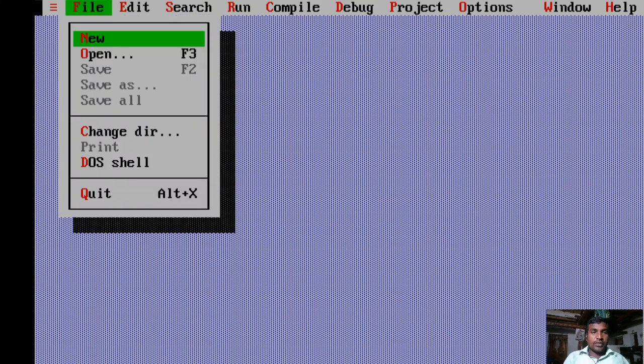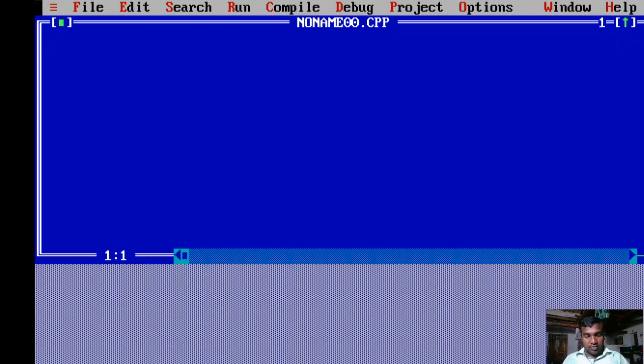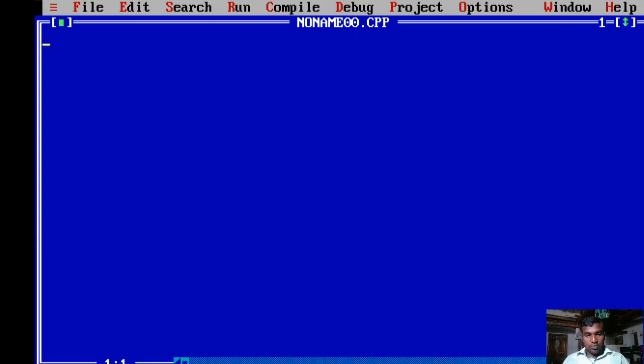File, new. So I am going to write the new program. Here the blue screen appears covering only half, so press F5 to display the full work area. Try to write the code.